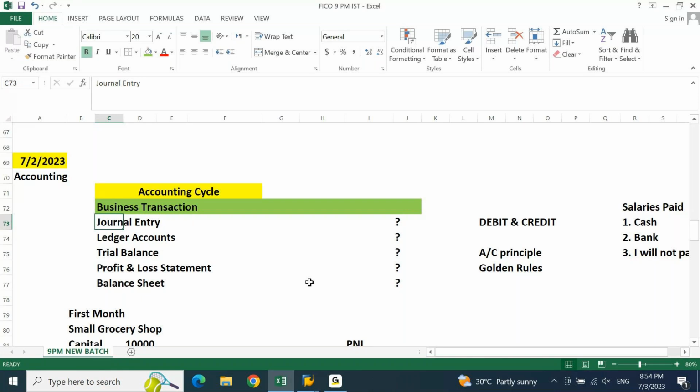Where do you create the journal entry in SAP? Where do you check ledger balances in SAP? How do you verify the trial balance in SAP? How do you verify P&L in SAP? How do you verify the balance sheet in SAP? Whether these reports are there, and if they are there, how do they look, and how do we understand